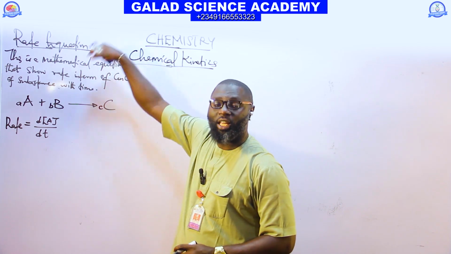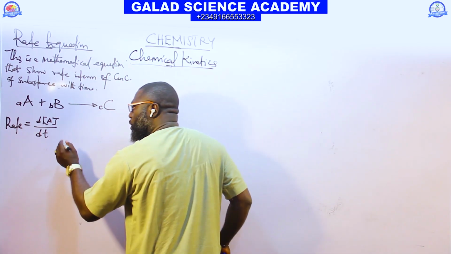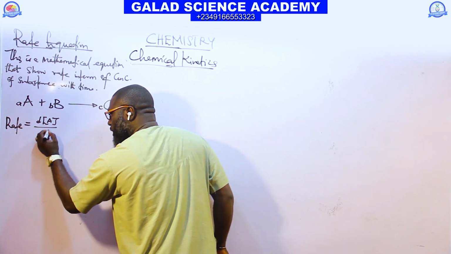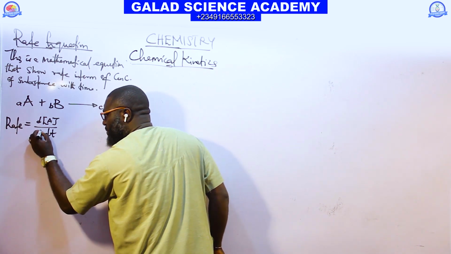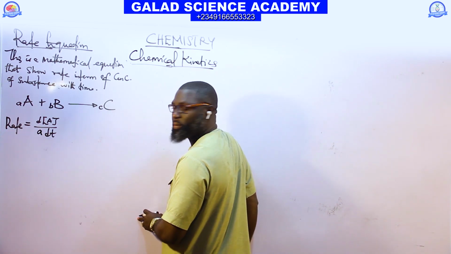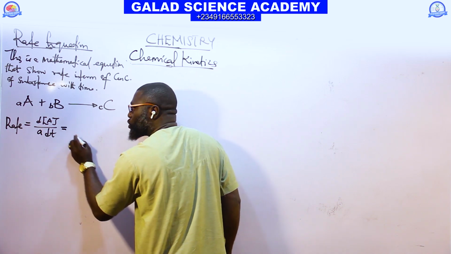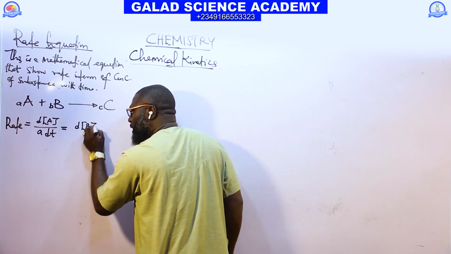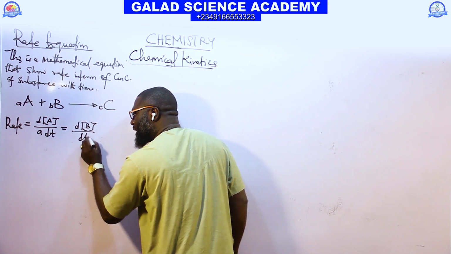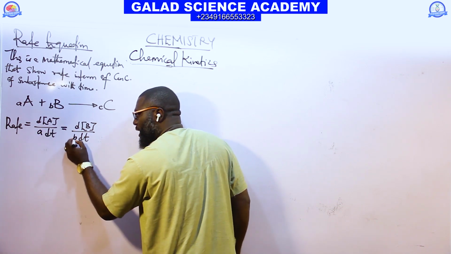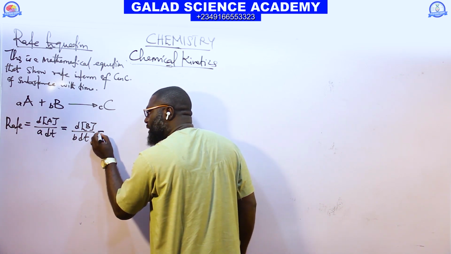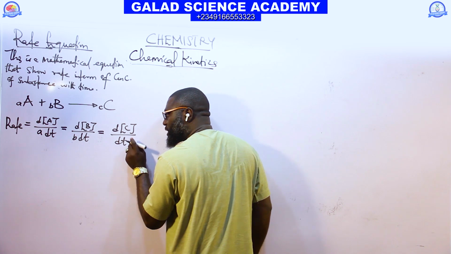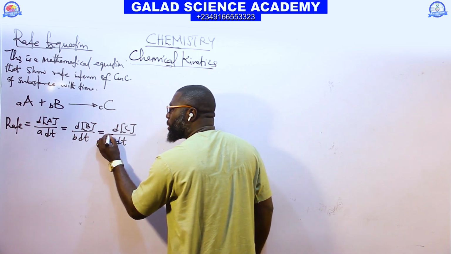Because it's the rate equation. So the number of moles we have here, which is a for A, you will divide the rate by it, and it is equal to the concentration of B over time, divided by the number of moles of B, and the concentration of C over time, divided by the number of moles of C, small c. Put it here. But don't forget that